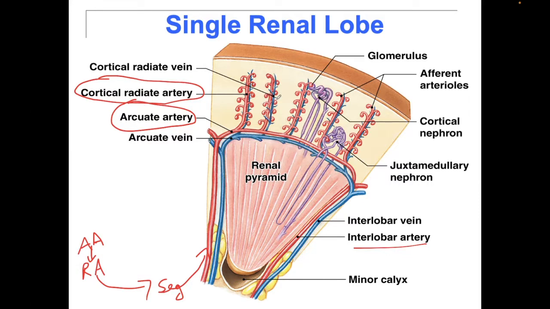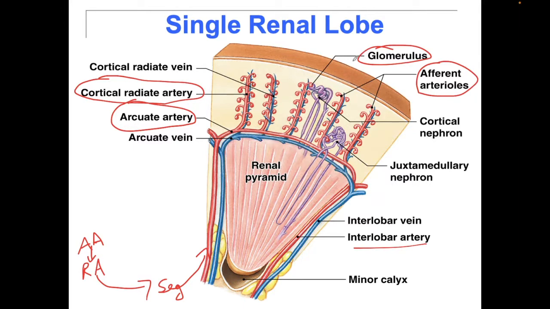And the cortical radiate artery is going to have a branch off of it, called the afferent arteriole. And the afferent arteriole is going to lead into the glomerulus. And then from the glomerulus, remember there was not only the afferent leading into it, but there's an efferent artery